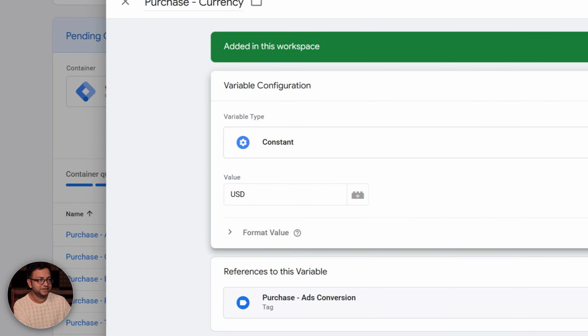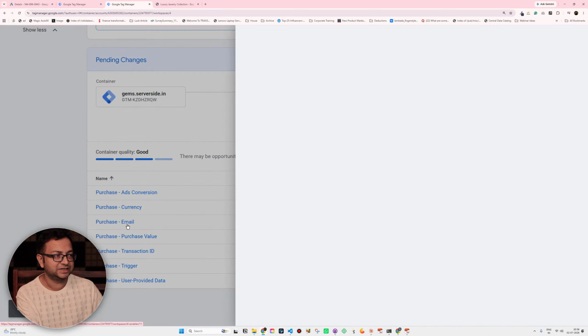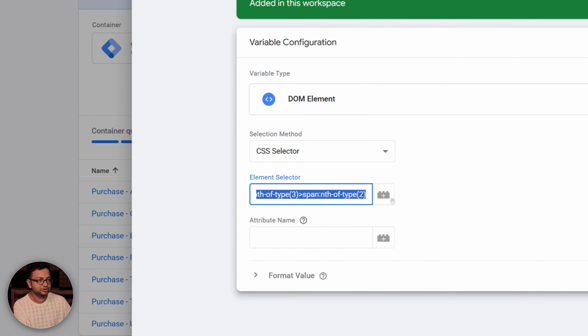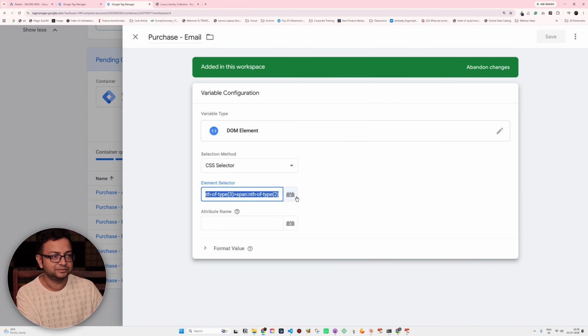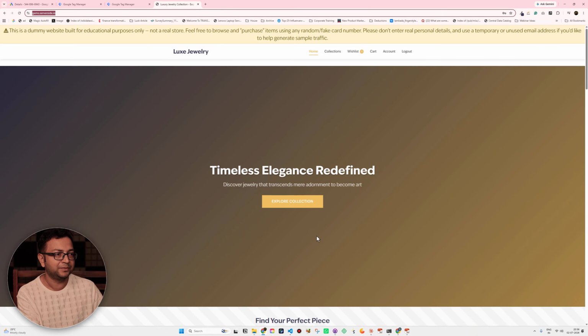Okay, so the value has been inserted as USD. That's a good thing. Now let's see purchase email. You see that element selector is showing up over here, this long one. This is a selector that it has figured out from the browser. If you want to see what it has actually done,